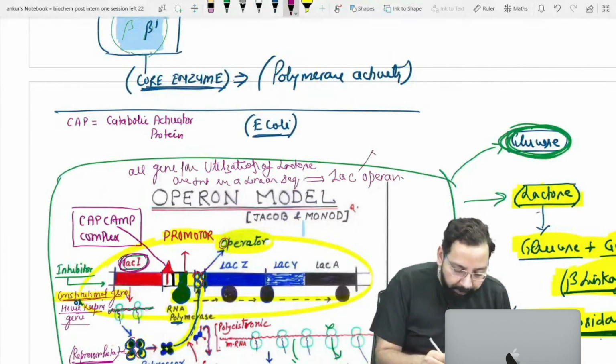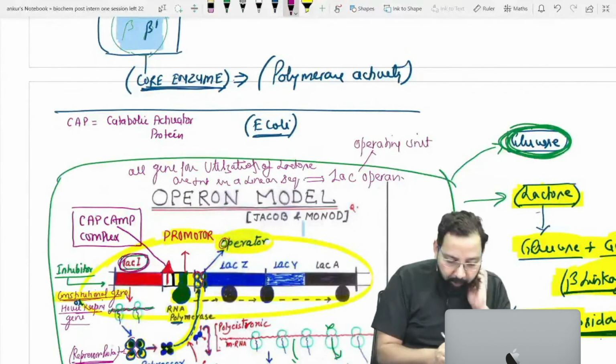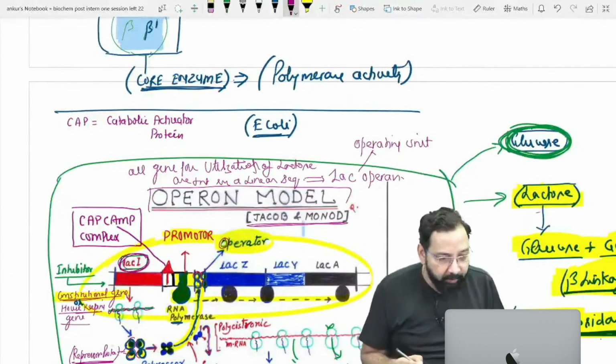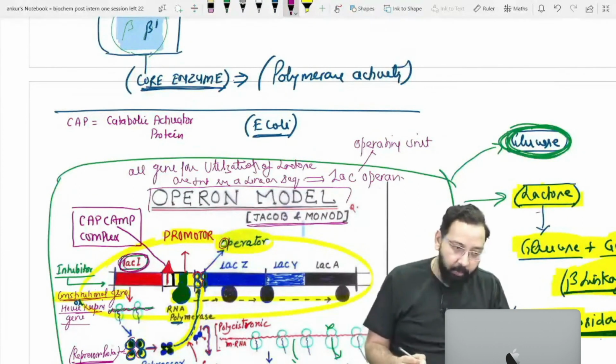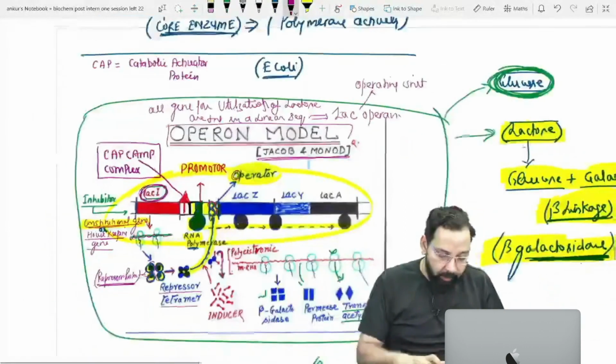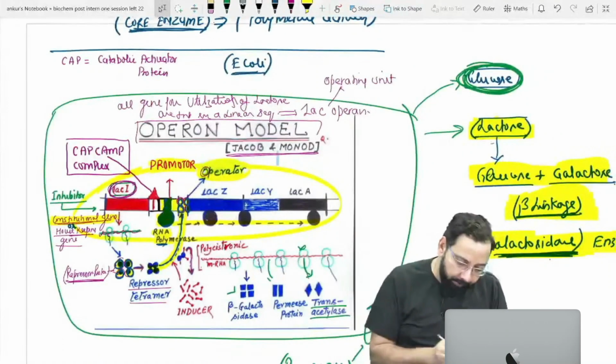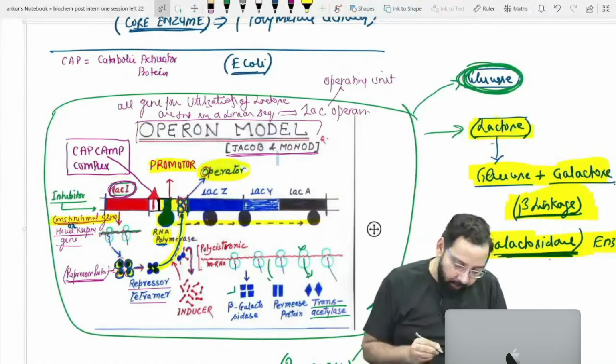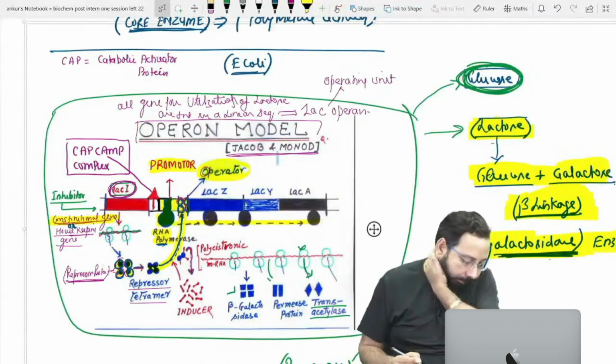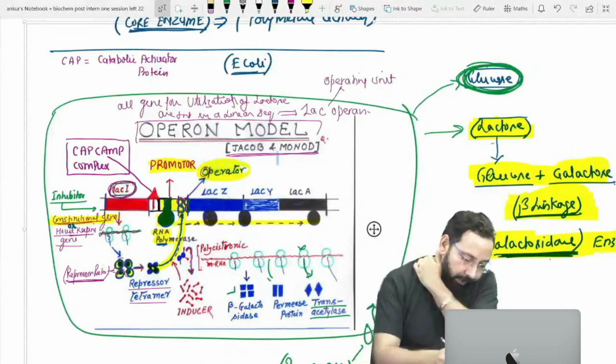Operon means operating unit. This operon model was given by Jacob and Monod. Clear? Now we found that this LAC operon, operating unit,